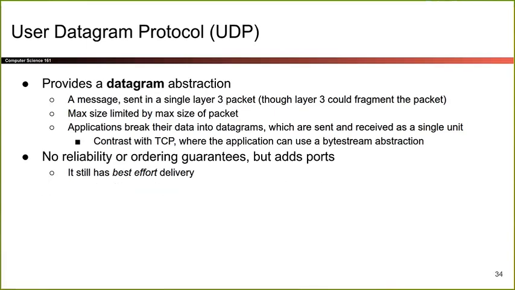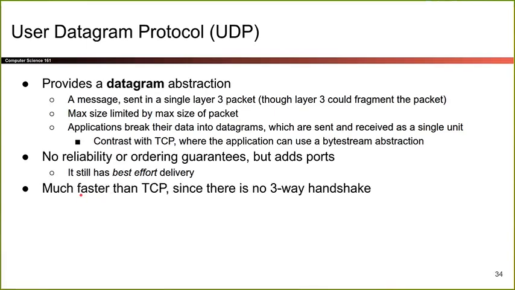Now, this seems horrible. Why would anyone ever use this? The main reason is because it's fast. UDP is super fast. Why? Because there's no three-way handshake, and messages are best effort. So you can just flood all the messages at once. You don't have to wait for ACKs to come back, or if something fails, you don't have to resend. You can just blow messages toward the recipient as fast as you possibly want. Whereas in TCP, if a message doesn't show up, you have to sit there and wait and resend until it shows up. But in UDP, you'd be like, oh, I dropped one, who cares? Go, go, go. And just keep sending as many messages as you want.